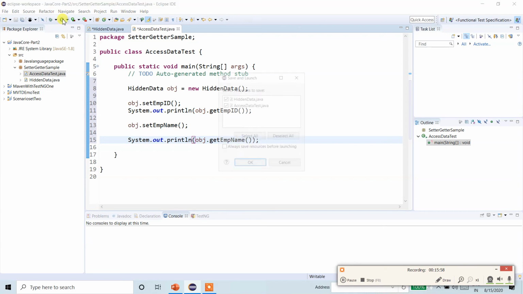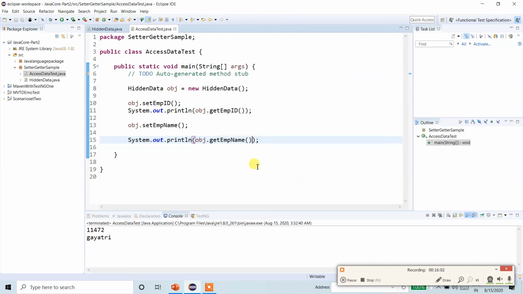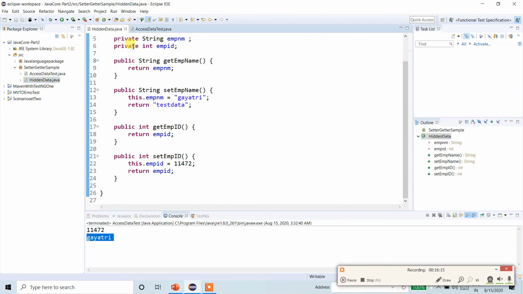So now execute and let us see the output. So this employee ID it is fetching, and employee name also it is fetching from the private members of the class. So these are the private members: private employee ID, private employee name.